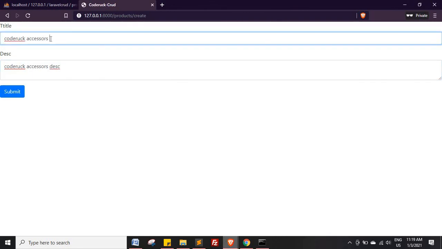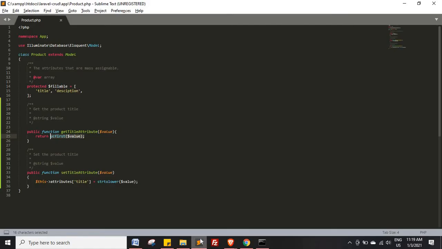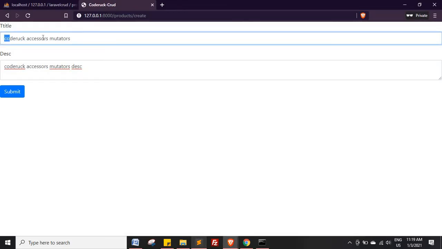Let's just write accessor. Okay, submitted. Now we have made it in lower case. Suppose if we haven't made it, because right now we are making it in lower case. Suppose we have written CO, after that ORS. Okay, now all this data will be in lower case once we saved it.